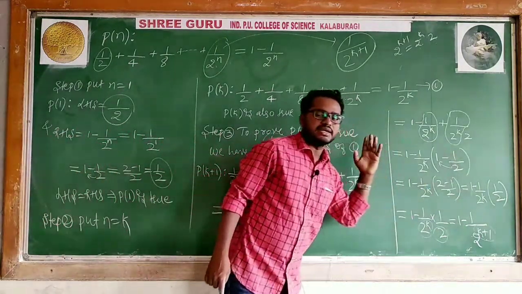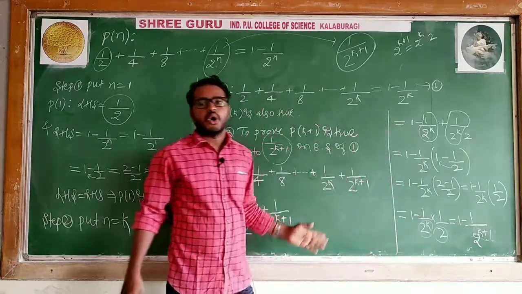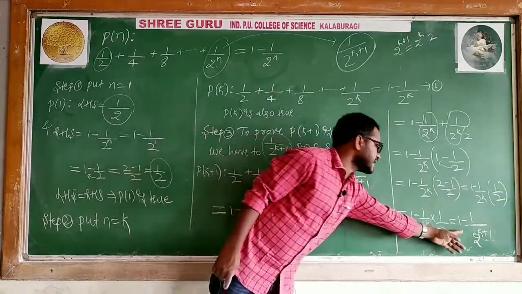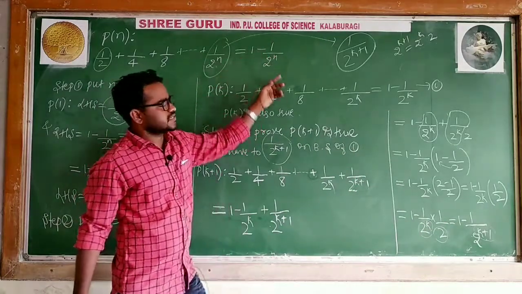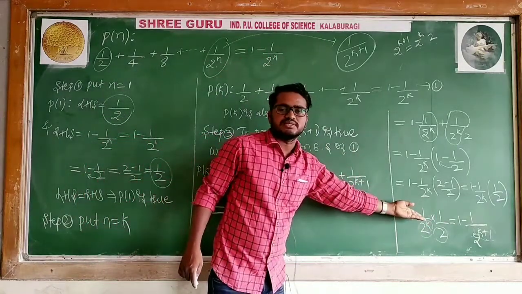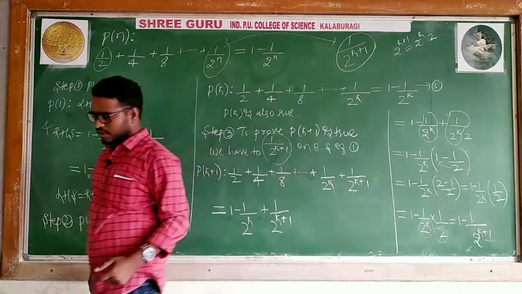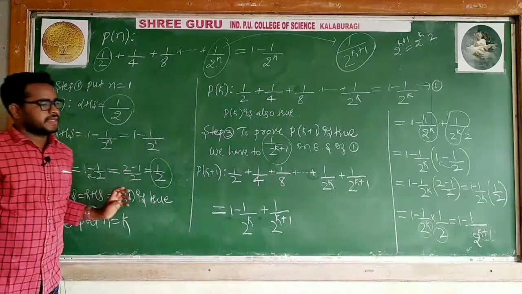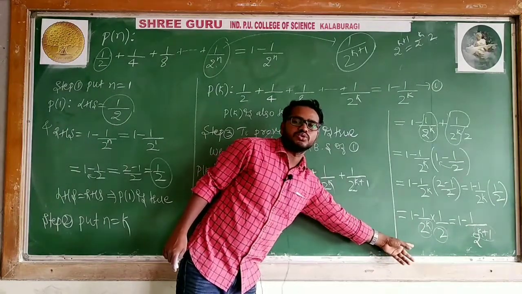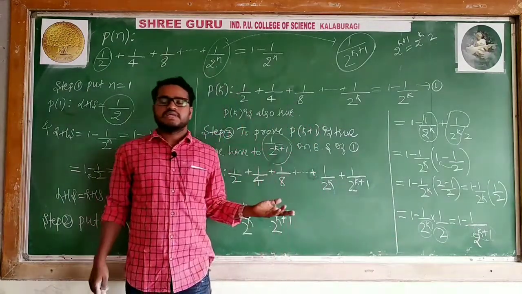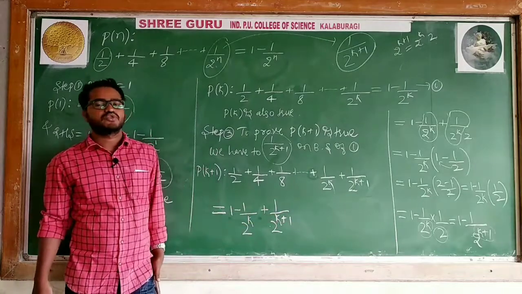Then you can say that this whole statement is true for all natural numbers because it is exactly in that form. Only in the case 1 minus 1 divided by 2 to the power n, cases k plus 1, I can say this statement is true for all natural numbers. Okay, copy this and don't forget to write this, P of K plus 1 is true, and P of K plus 1 is true means hence the given statement is true for all.